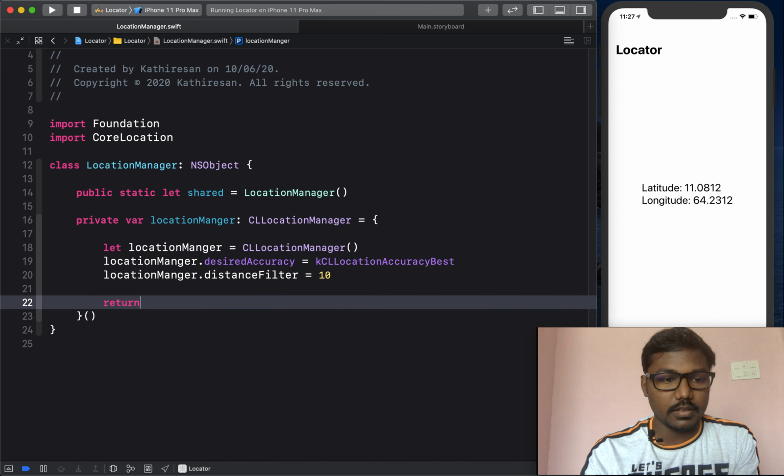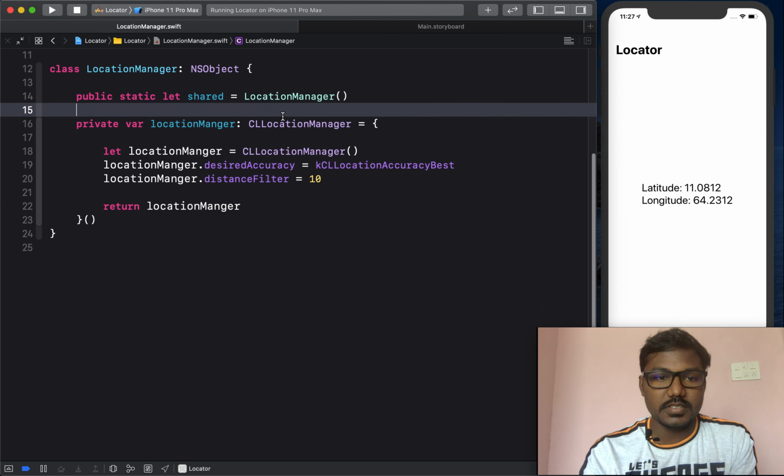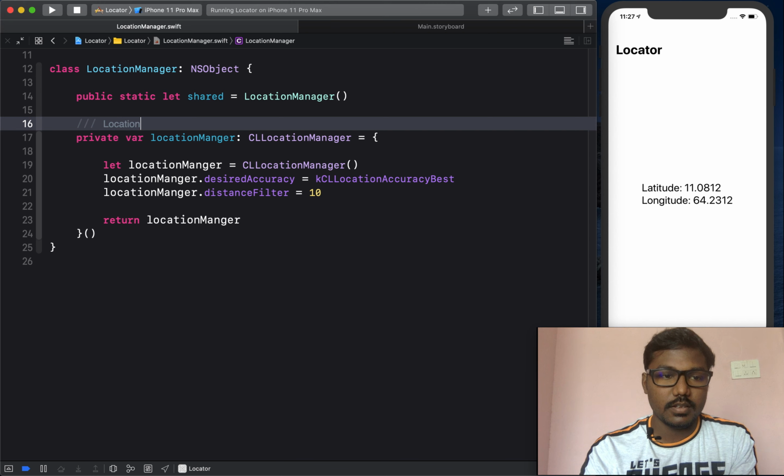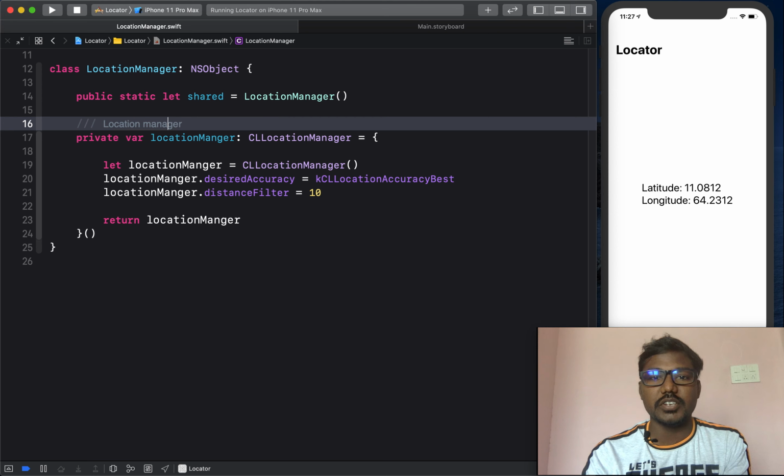Then I am returning the locationManager. I have implemented this as predefined because we don't need to change our location manager settings, so that's it.